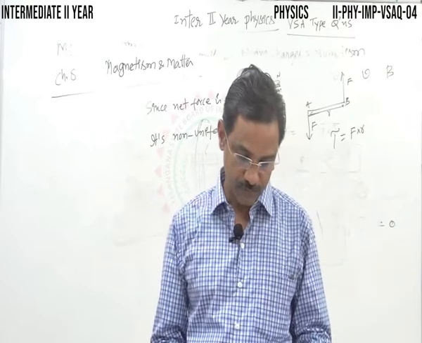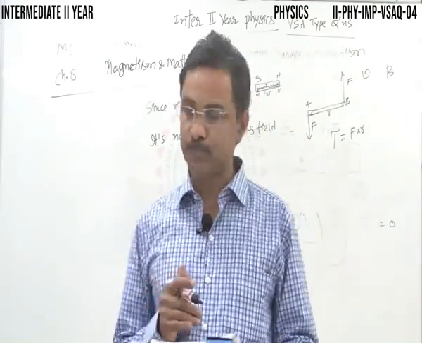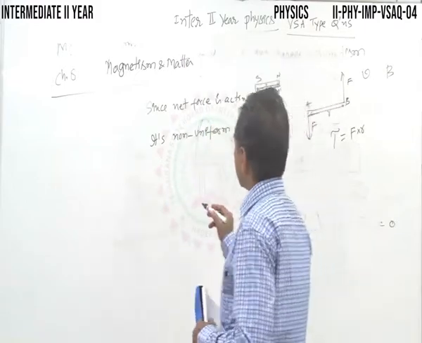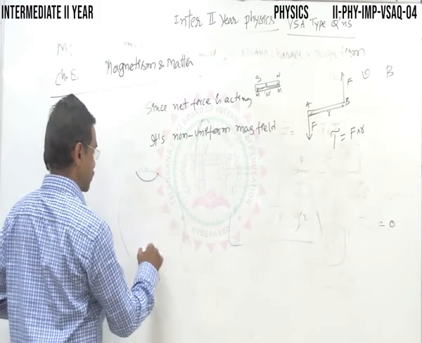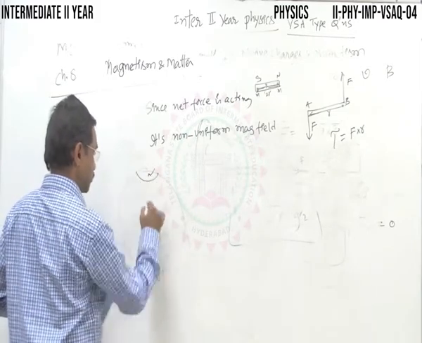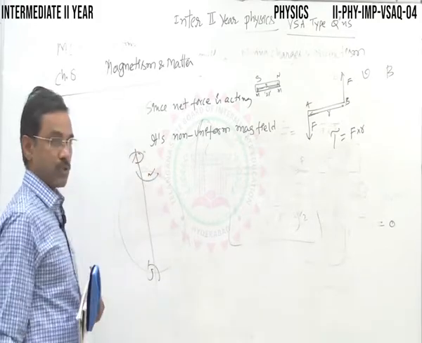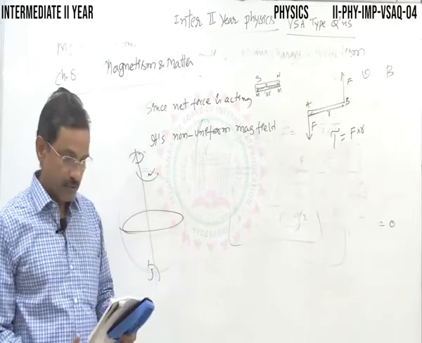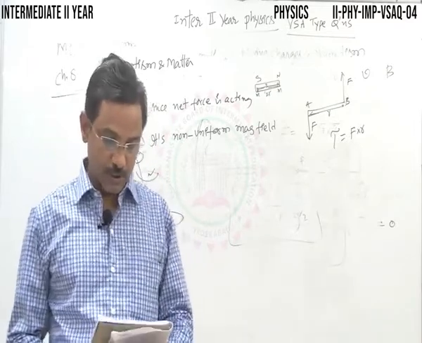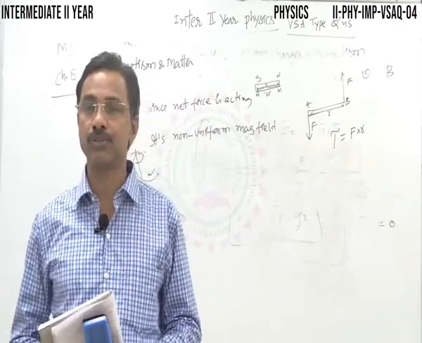Next question. What happens to a compass needle at Earth's poles? You know, Earth is a huge magnet consisting of two poles, let's say North Pole and South Pole, right? So now we have an equator, right? Now, coming to the question, what happens to a compass needle at Earth's poles?